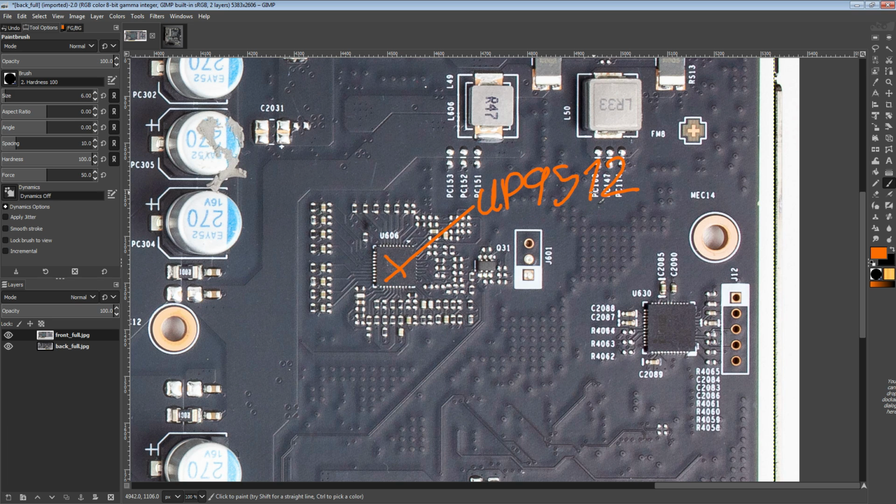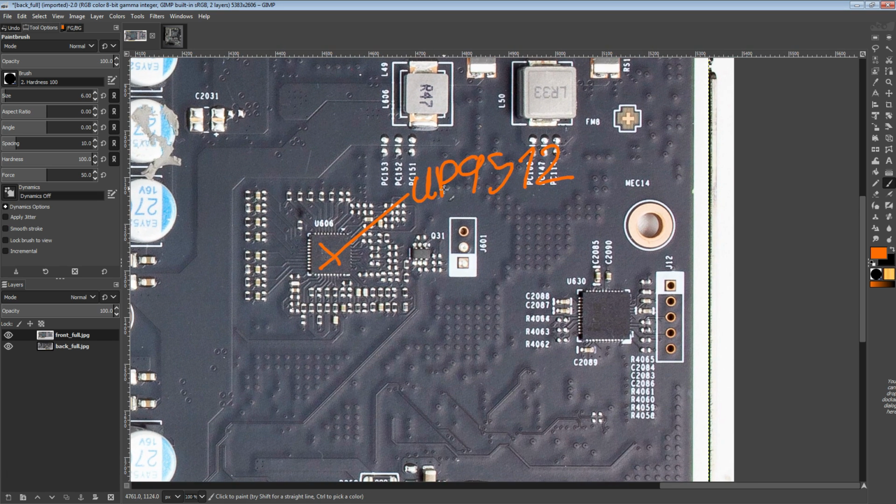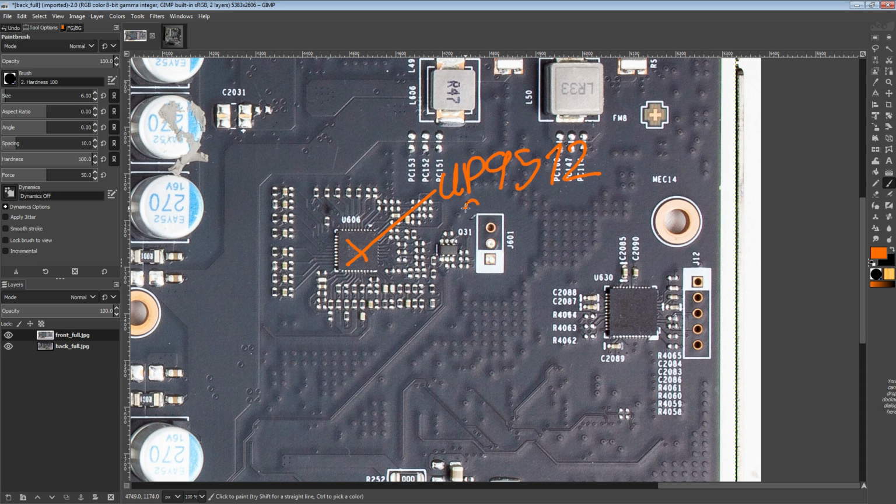There's also one other chip that Galax uses for their Hall of Fame, which is some IR thing that I've forgotten the part number of, because it's on one card, and that's why I don't remember it. For most other cards, you're normally going to see a UP9512. And the thing about the UP9512 is that it's basically an upgraded version of the old UP9511. It offers the same number of phases, so 8 phases,